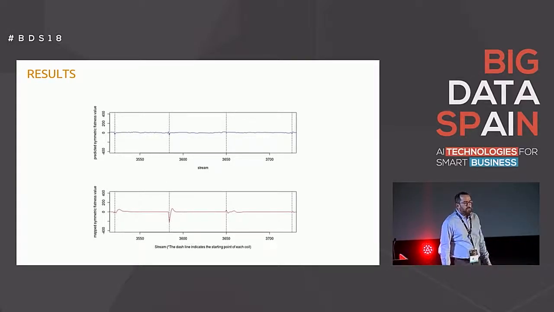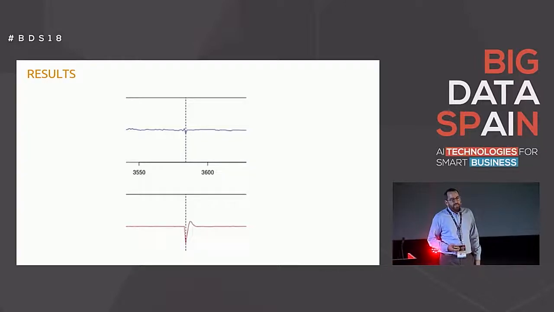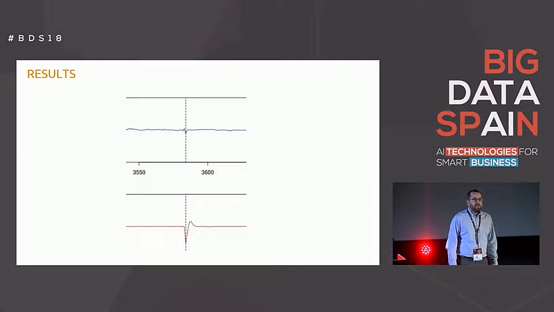The result is a comparison. This figure is a comparison between our prediction, which is the top figure, and the real flatness measurement at the bottom of the picture. In detail, we can see that we cannot detect the absolute value of the flatness, but we can detect the data trends,